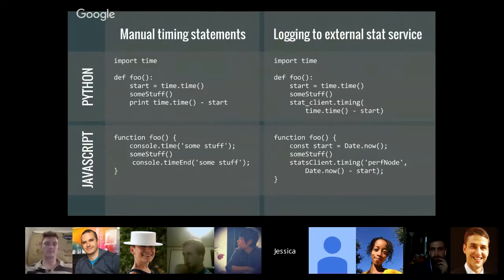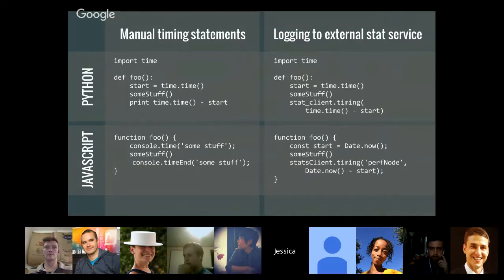I profiled pretty much everything about my rendering system. I profiled the Python side, like calling the new system, the network calls, all that stuff, how long they took. I profiled the Node side. And there were two ways that I did it. One was just manual timing statements. I wanted to profile every line of code that I was writing to compare between Jinja and Nunjucks, what was slower. And I noticed a really big chunk of time that was slower on the Python side between the two rendering systems, and was able to do a little bit of refactoring there to make that faster.